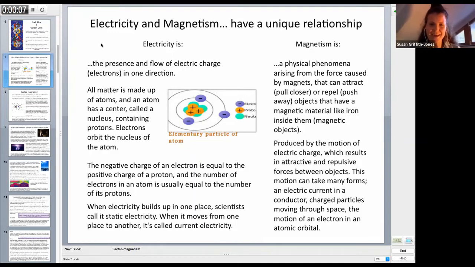I'm taking you through the process I went through, not because I don't think you know what electricity and magnetism is, but this was what I had to go through in order to remind myself of the process. And it was quite useful to go back to a simplistic meaning